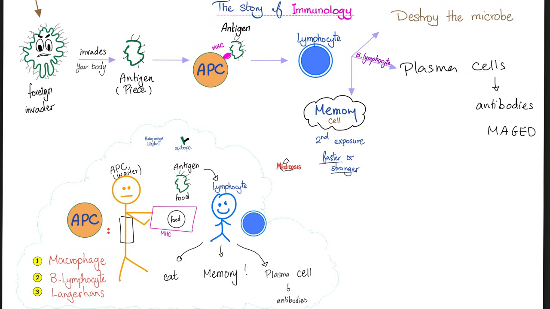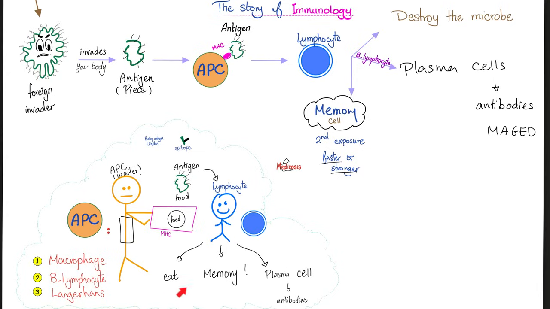The tray could be MHC class 1 or MHC class 2. This lymphocyte could be a B lymphocyte or a T lymphocyte. T lymphocytes prefer to eat by themselves. B lymphocytes prefer to become plasma cells and then secrete antibodies, and then the antibodies will destroy the bad